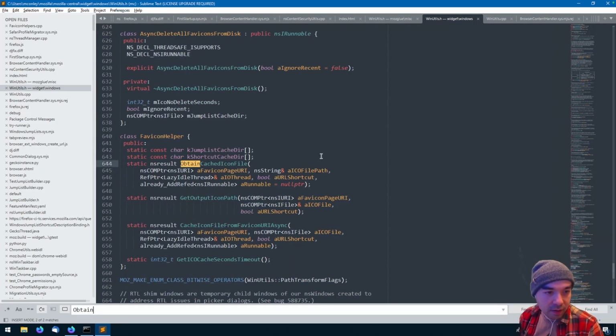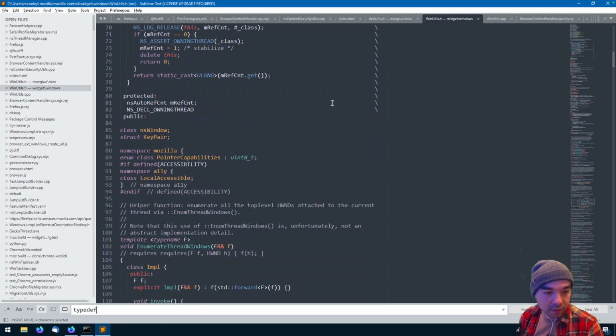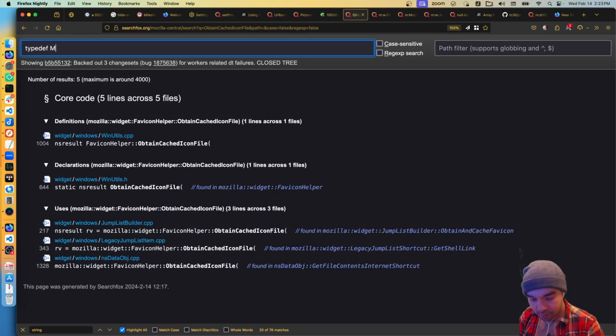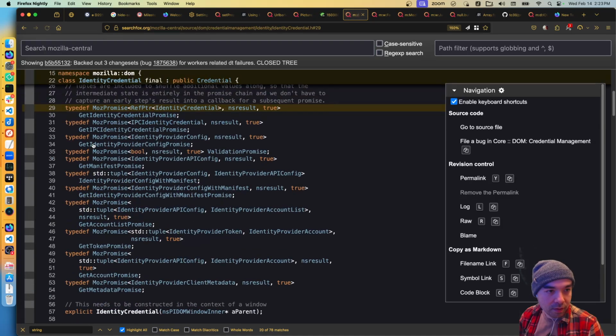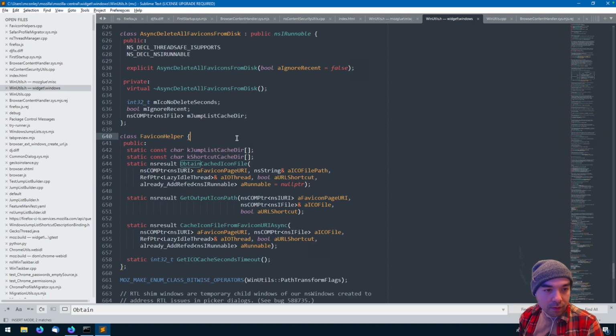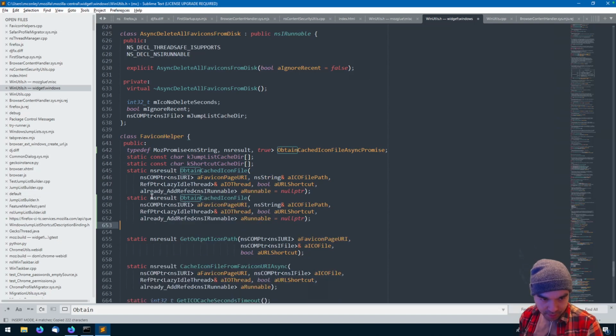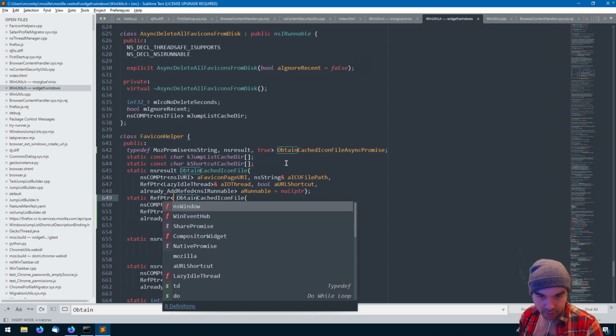So, obtain. And maybe instead I should be type defing. I like to do type def moz promise. Something like that. Yeah. Obtain. Type def obtain. It's the other way around. And then we're going to put in our new signature. Static ref pointer of that